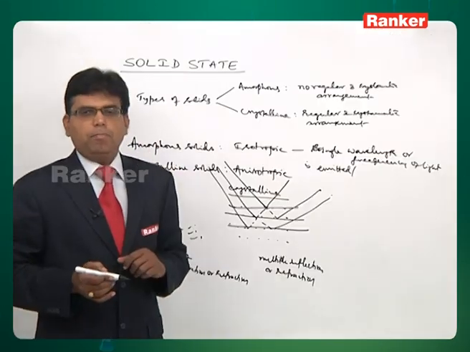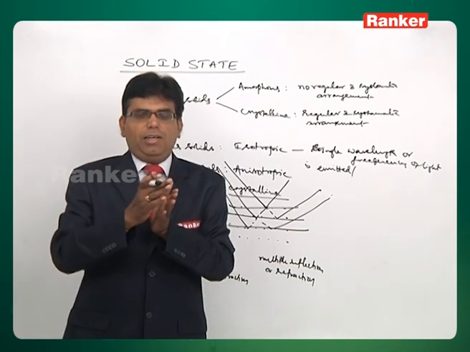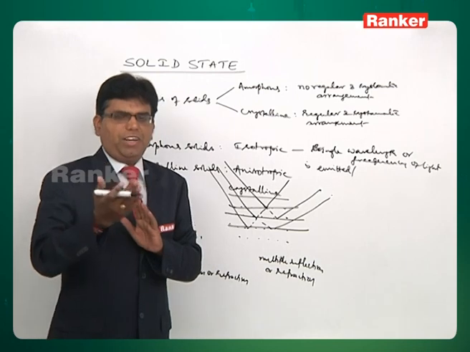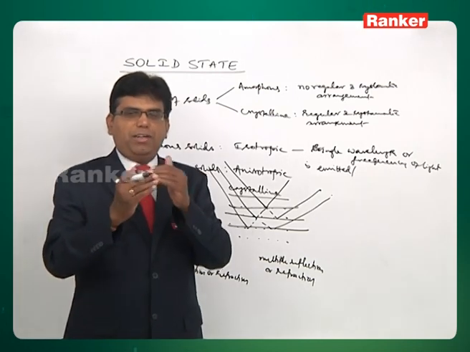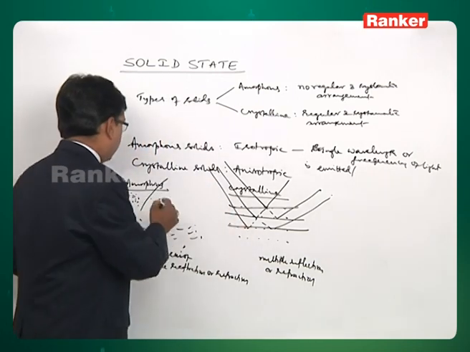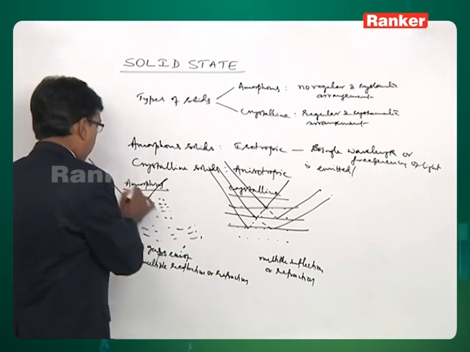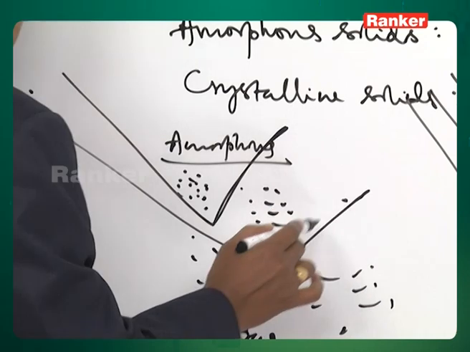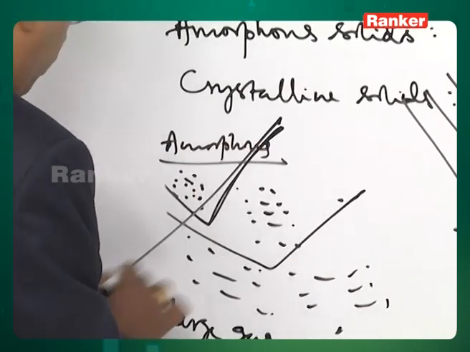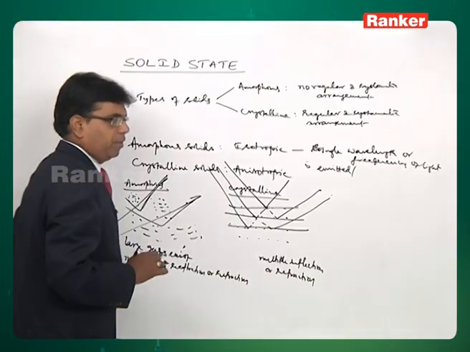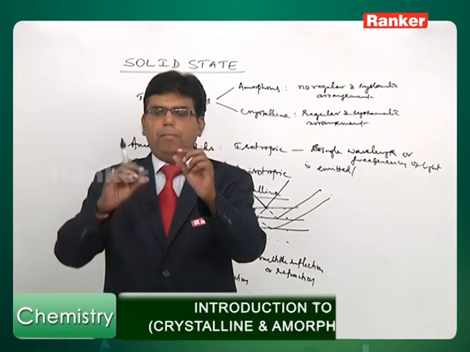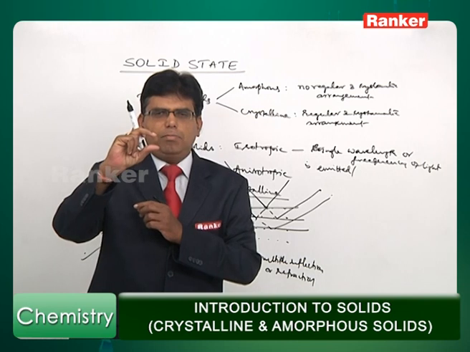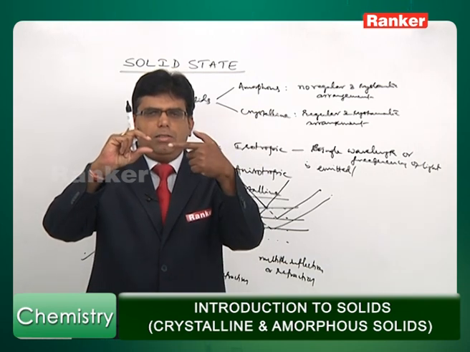As a result, the intensity, frequency and wavelength of the emitted light will differ from one ray to another. But where that is absent, all the emitted light rays are of the same frequency or wavelength. For example, if you take a prism, which is a crystalline solid,